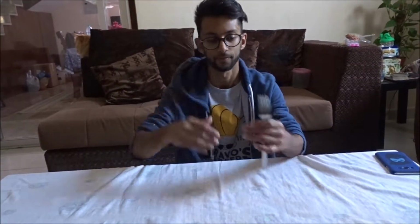So, how did I make this fork vanish? I'll tell you the secret. Well, you gotta grab this fork and you have to hold it like this. You can hold it anywhere, but make sure that you cover the fork. And